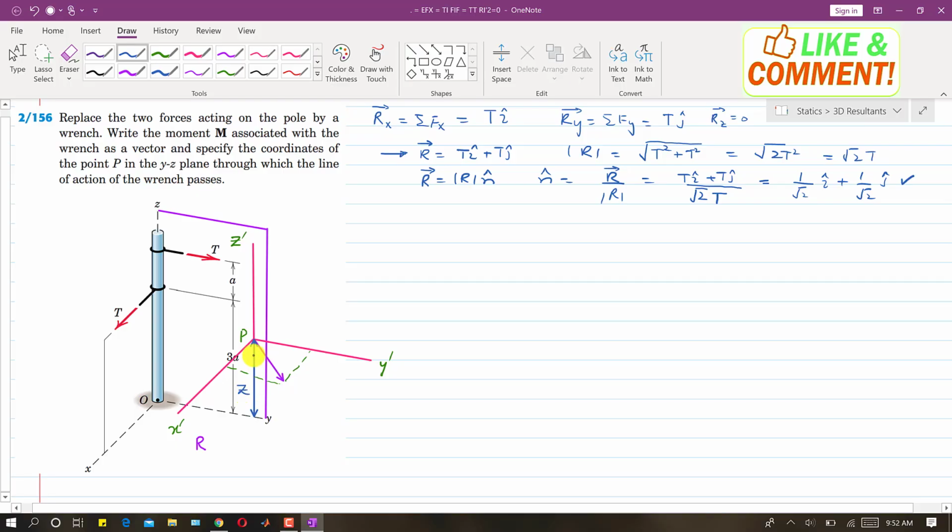So the point P coordinate from the y-axis is z, and similarly if we say that this point P is at a distance of y from this z-axis, let's say that this dimension is y, and since this point P is in the yz plane, the x coordinate will be 0, right? So the coordinates of point P are 0, y and z, right? So these are the coordinates of point P.